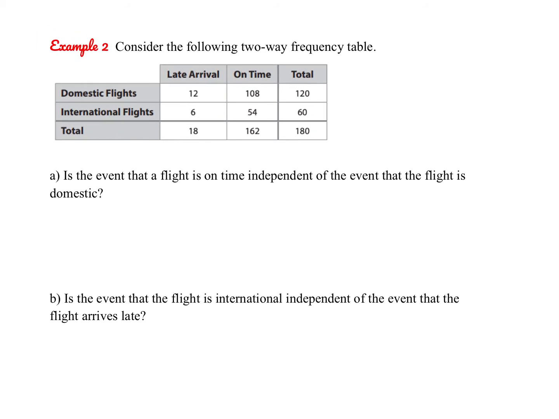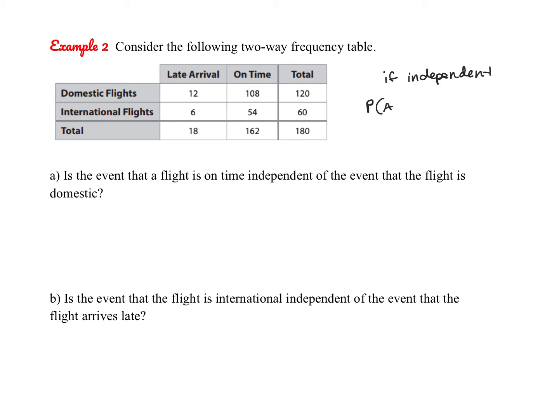So here we're given a two-way frequency table. We've seen this before in a previous notes, where we have domestic and international flights and then late and on-time flights. So here we're asking, is the event that a flight is on time independent of the event that a flight is domestic? So we're going to actually use that fact that we just learned, that if two events are independent, so if they're independent,